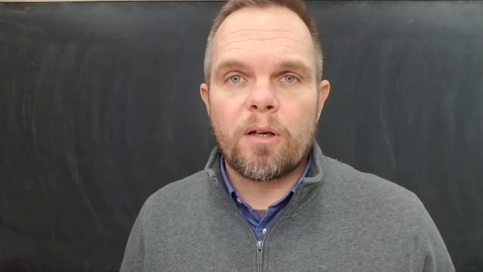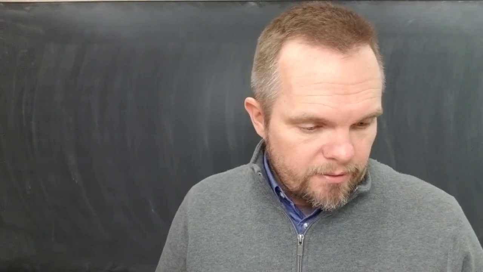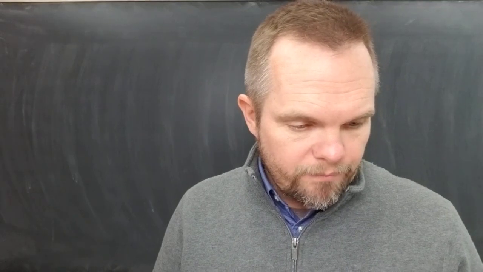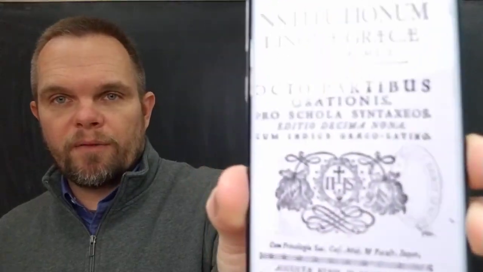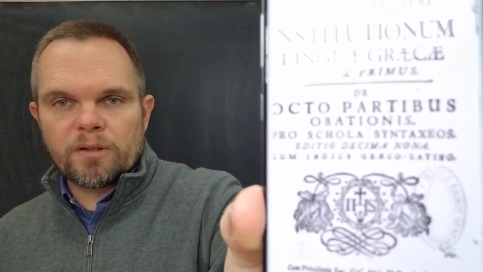The textbook that I use in the Classical Liberal Arts Academy is an old Jesuit textbook that was written by a Jesuit grammarian named Jacob Gretzer. The edition that I'm using was published in 1757. So this is an old Jesuit textbook. You can see the cover of the book right there. You can see the Jesuit logo. Down the bottom you can see the date,